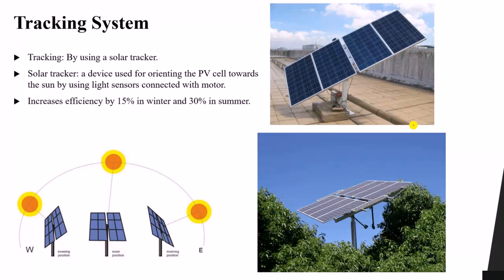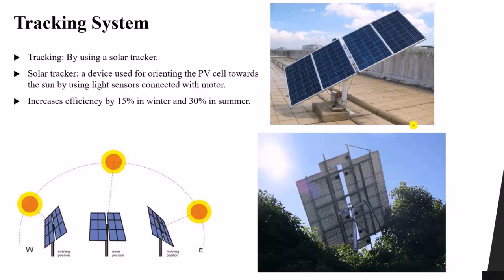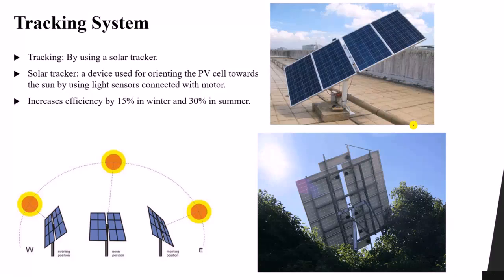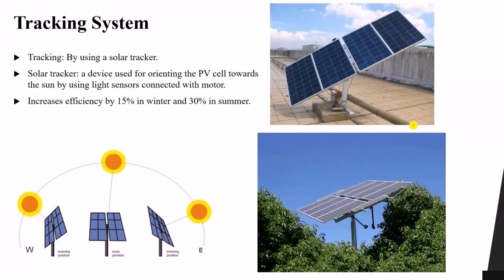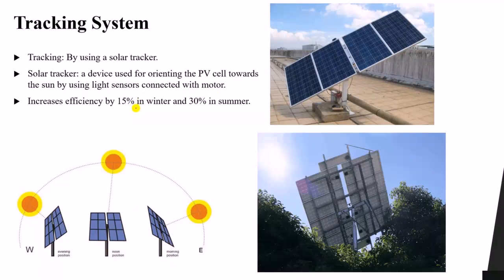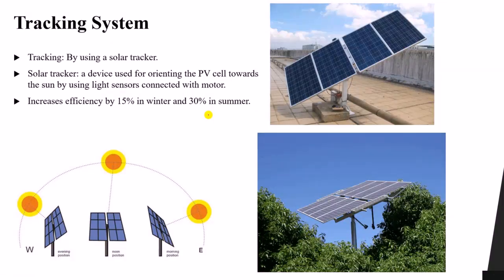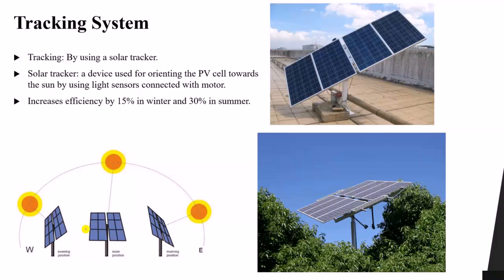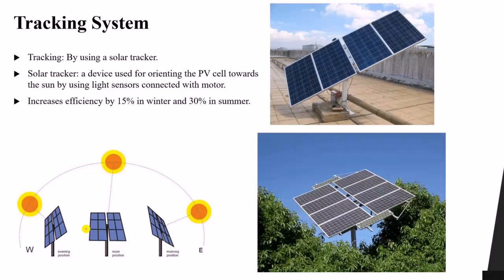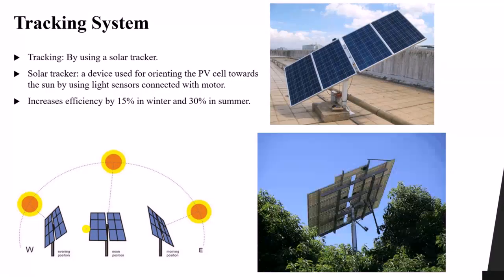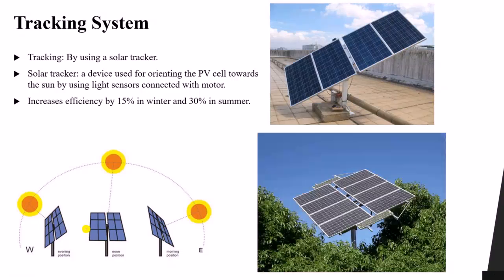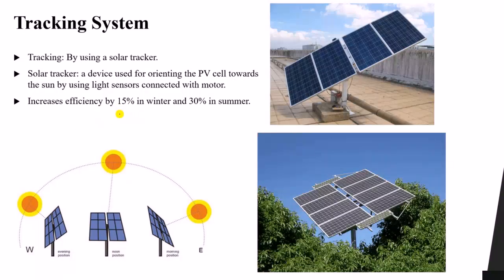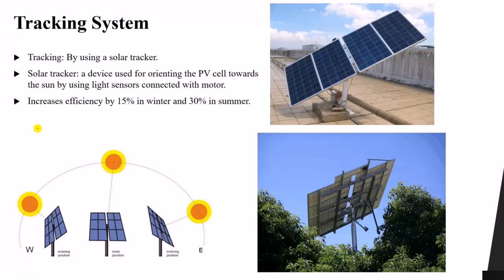Now, why do we use a system like this? Because it will help to increase the efficiency or the total power produced, or the total energy produced, by 15% in winter and 30% in summer. Remember, this is not the efficiency of the conversion of the panel. Remember, we had monocrystalline, polycrystalline. Each one has its own efficiency. However, 15% here, when we are comparing with the output power